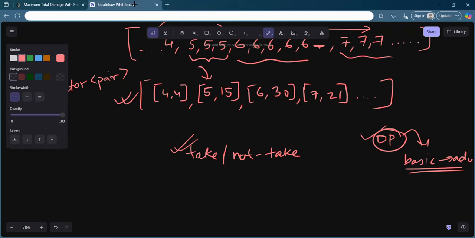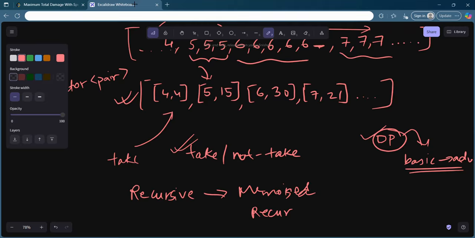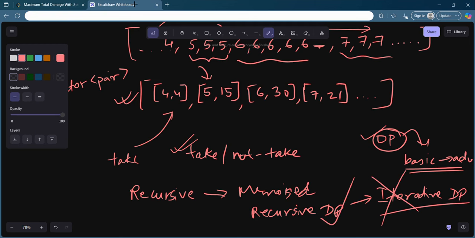We can apply the same thing over here. Whenever you go on an element, you can just choose to take or not take, and we will start with a recursive solution at first, which will definitely give you a TLE or an MLE or whatever, and then we will go on for a memoized solution, which will also be accepted, which is also called a recursive DP, and you can definitely convert it into an iterative DP for interview purposes, but for online examinations you can ignore this iterative DP, as this recursive DP is also acceptable